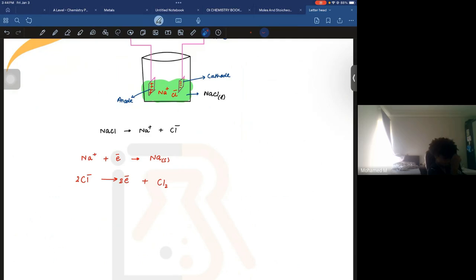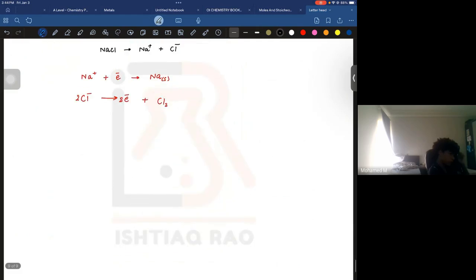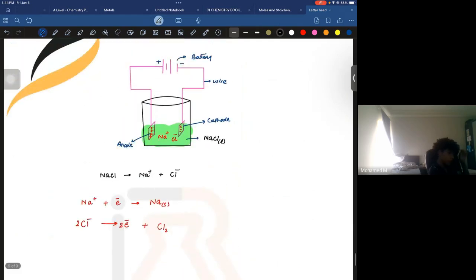So this is the purpose of doing electrolysis. In the end, you have separated sodium solid and also chlorine gas. Chlorine, and then two e minus is two electrons. As you know, this equation is for the cathode